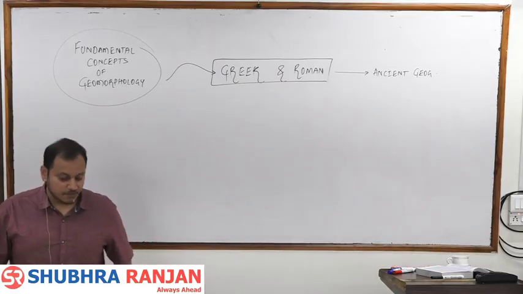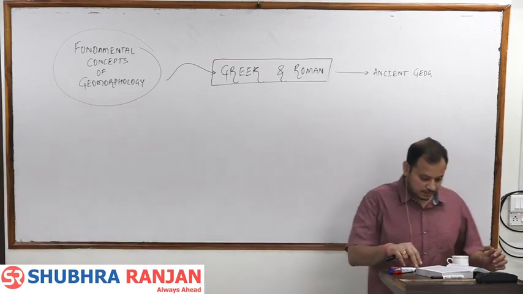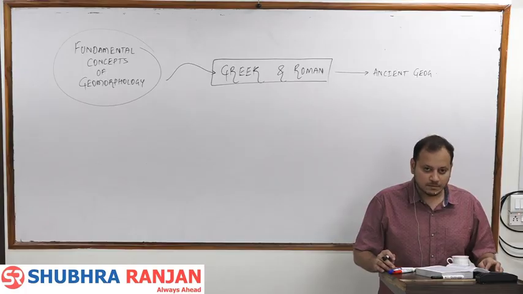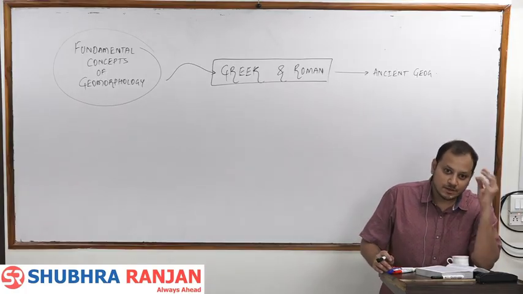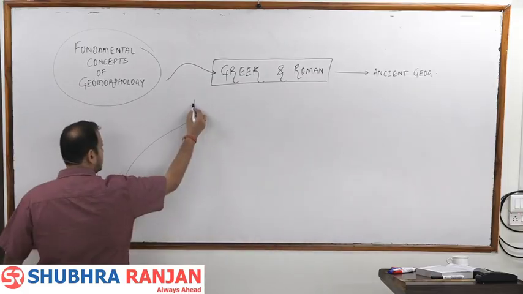So this is the first logical concept: where the rivers are very big, deltas will be big because they